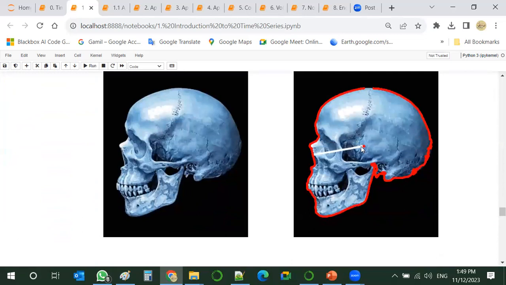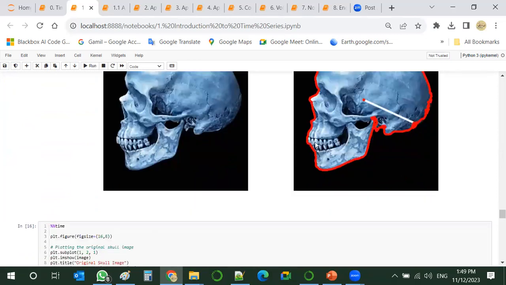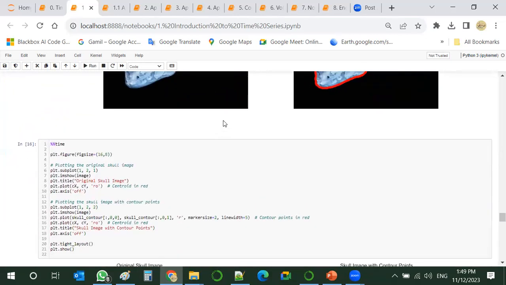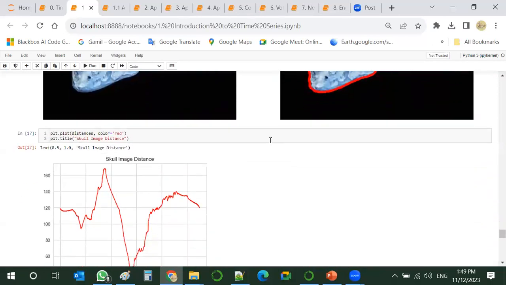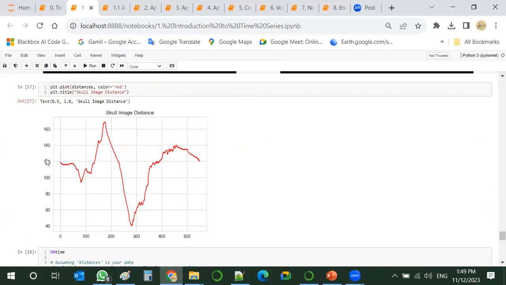So this white line actually calculates the number of pixels from this point to the outer contour of this image. So this image, applying this concept on it, can now be seen as this plot.